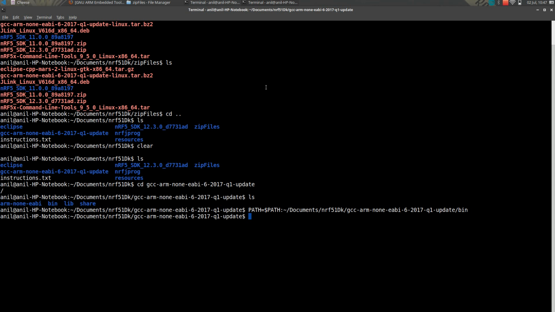Then actually the NRF DK makes it possible to run the examples using makefile. So to do that, we need to have the make command available. In Linux, specifically in Ubuntu, you can install it using sudo apt-get install build-essential.